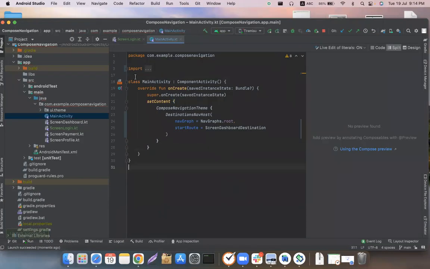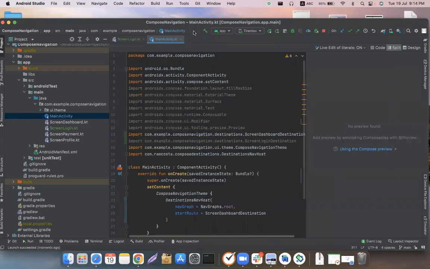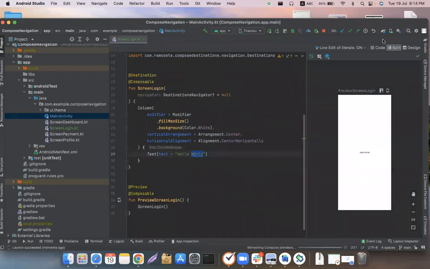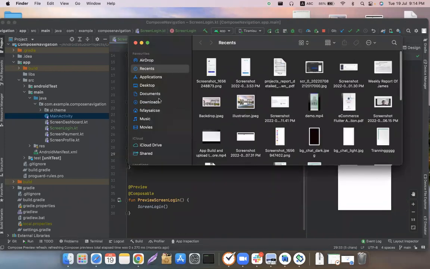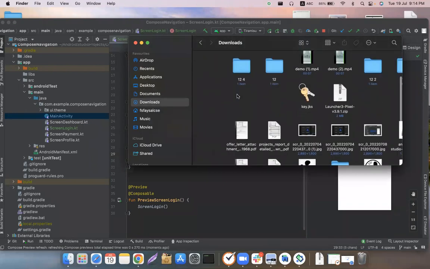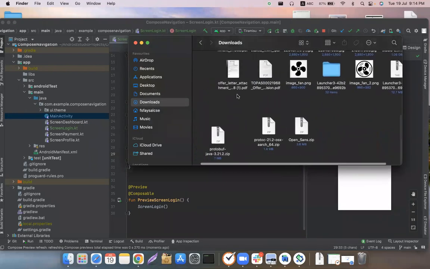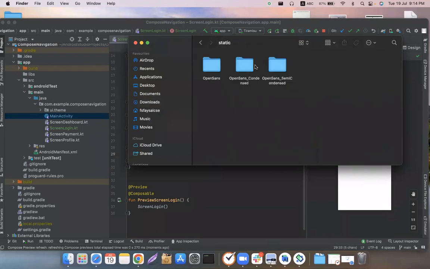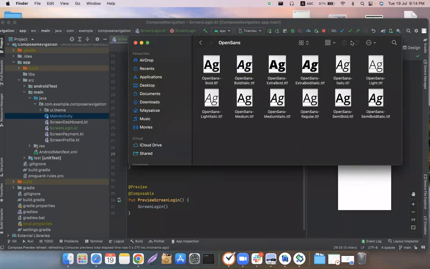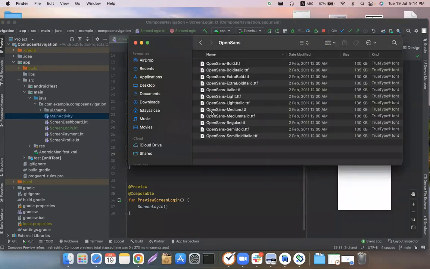Okay, so for now, let's go back to the screen login, and now let's add the font which we downloaded earlier. Okay. So the font will be Open Sans, this one. So we just add the regular and bold font. So for adding the font, we can add